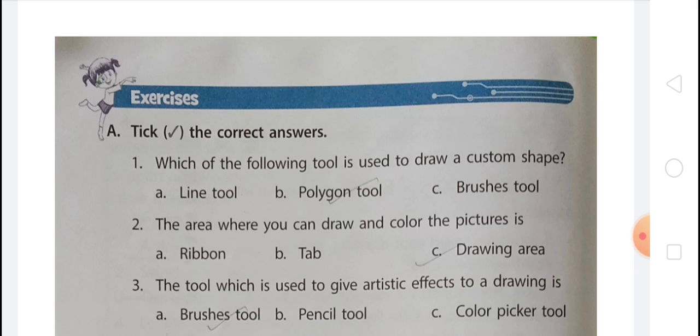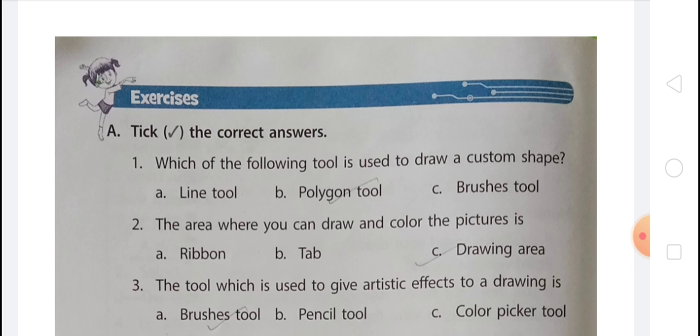Opening a saved drawing. A drawing saved in Paint can be reopened anytime you want. To open an already saved file, you have to follow these steps. Click on the File tab. A drop down list appears. Select the Open option. The Open dialog box appears. Fourth, locate and select the Paint file you want to open and after that click on Open. The selected drawing opens on the canvas.